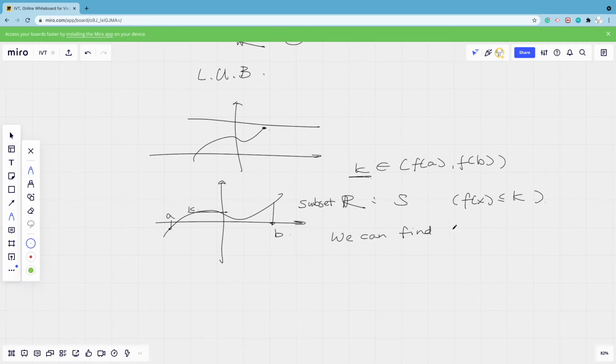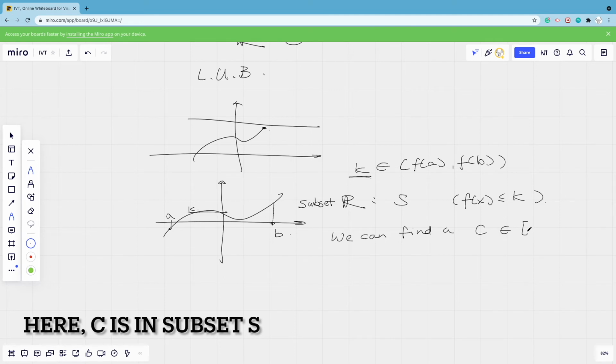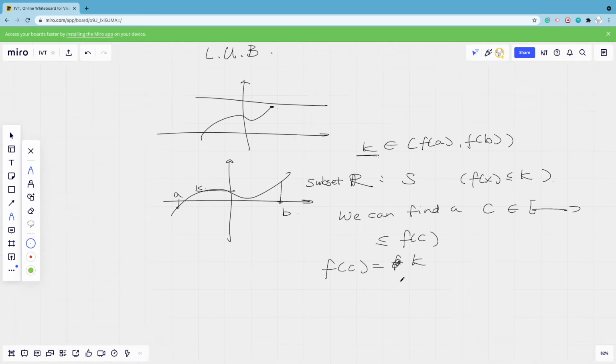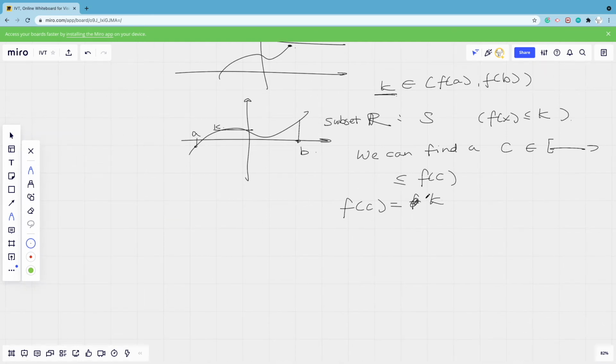a c in this subset such that all the other terms in the subset are smaller than or equal to f(c). Now we will try to prove that f(c) equals k. Since c is the least upper bound, this means that for any epsilon bigger than 0,